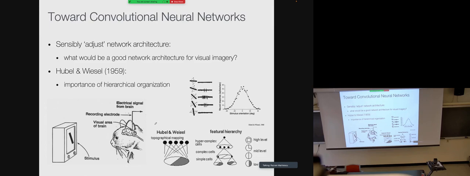The hypothesis is that because nature has given us these brains, us humans and animals, there must be something good about the architecture and maybe efficient about the way this is done.